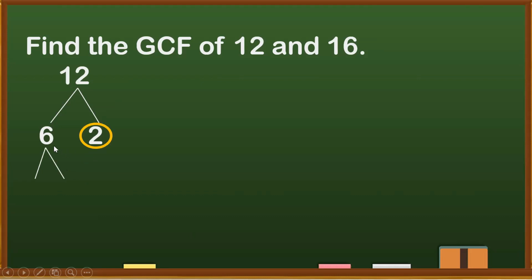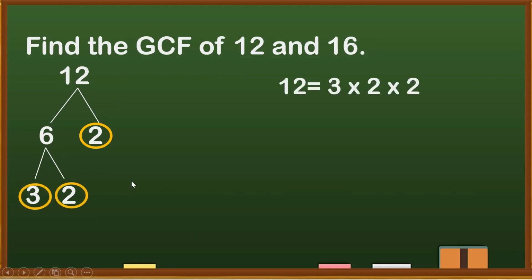And then si 6, pwede pa natin siyang i-factor. Ano yung dalawang factor ng 6? That is 3 times 2. And si 2 is already a prime number, ganun din si 3. So ibig sabihin, yung prime factorization of 12 is 3 times 2 times 2. And this time, tapos na tayo kay 12, kay 16